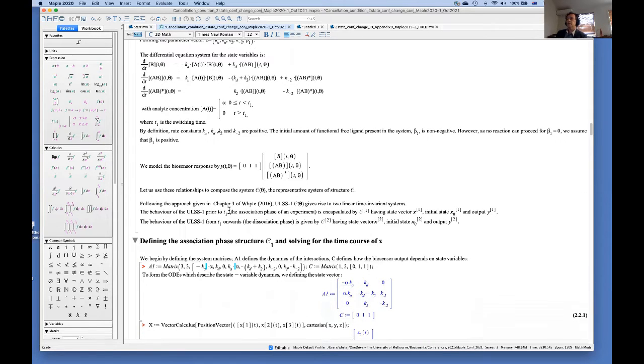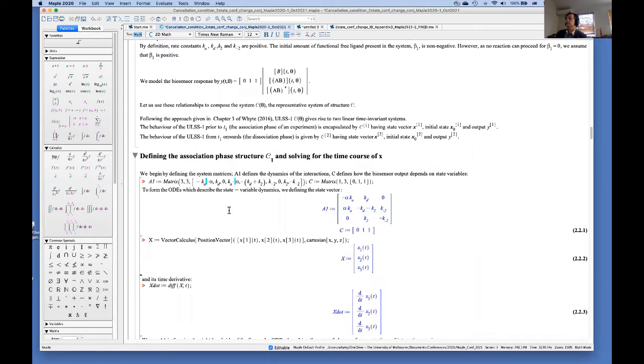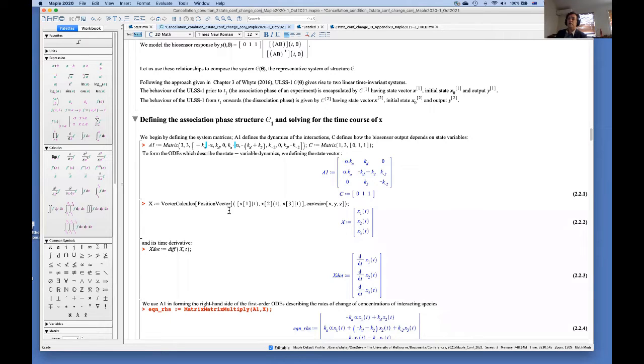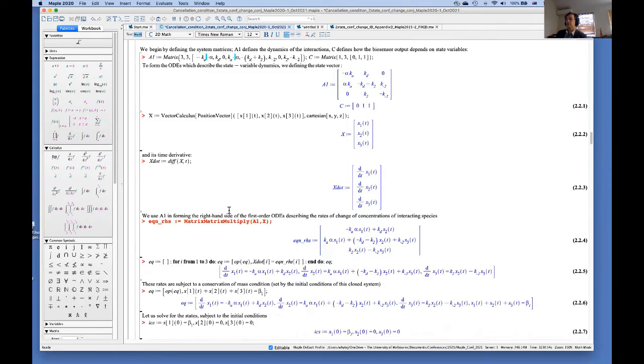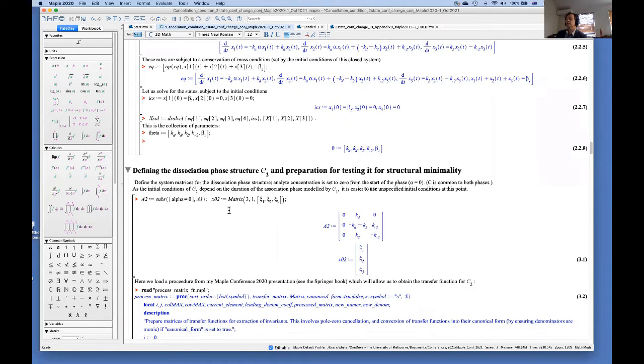So we can use these relationships to pull out the substructures, which I call C1, the first, and then after the switching event, C2. This bit is reasonably straightforward for linear time invariant systems. We want to obtain expressions for the state variables, so we can use those to define initial conditions for C2. That's relatively straightforward, and Maple does a good job solving it quite quickly. As we come to C2, we have a dynamics matrix, the A matrix, where we just replace the analyte concentration with 0, and we set up some generic initial conditions.